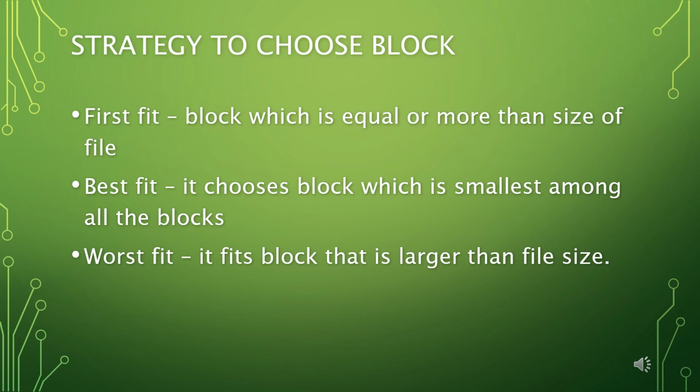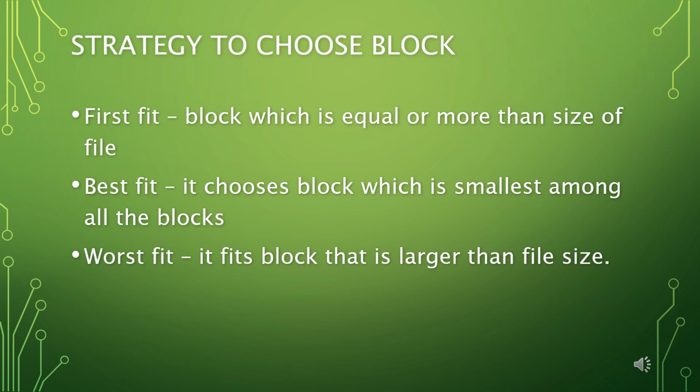What is first fit? Here, the searching starts either at the beginning of the table or from where the previous first fit search has ended. While searching, the first hole that is found to be large enough for a process to accommodate is selected. For example, if I have a requirement of 7 blocks for my file, then the OS goes through the block list and allocates the entry which has blocks equal to or more than 7.